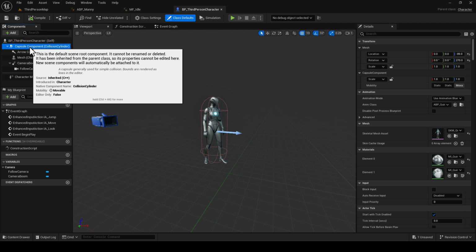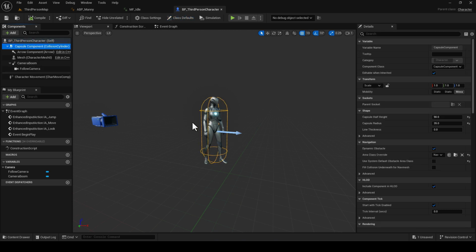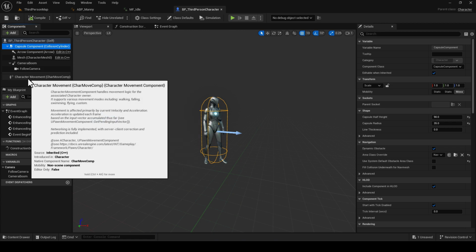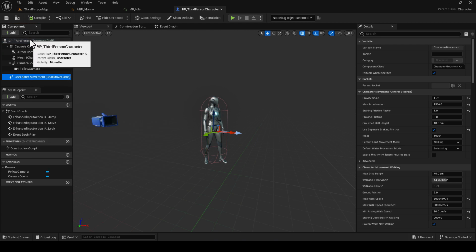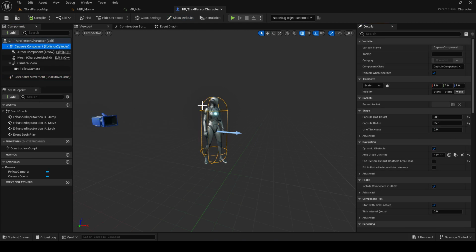And if I select it, you'll notice, and this is really serving as the basis of many calculations. And then we also have this character movement component, right? So the capsule, even though it's for collisions, in a sense represents the movement component and the player controller. It's almost the visual representation of all those things. But it's the player controller and the character movement component that are actually causing the player to move in 3D